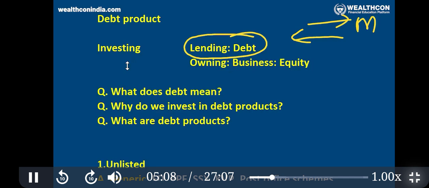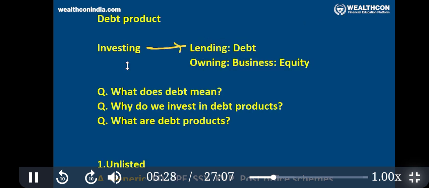So when we invest in a debt product, we are actually lending our money. We are not buying anything physical. We are lending money, and what we get is a certificate, a deposit certificate, FD certificate, and so on. So investing can be converted into two different routes: one is lending, the money lending business, and the other is owning some assets. If we buy gold or a commodity, we are the owner of the asset. In the case of lending money, you are not the owner of any asset. You are just the owner of a claim that the loan will be refunded. So debt means lending.